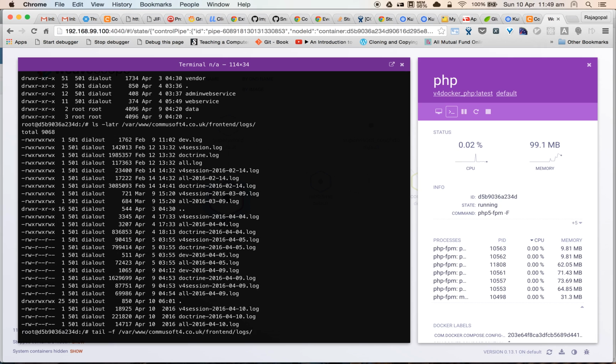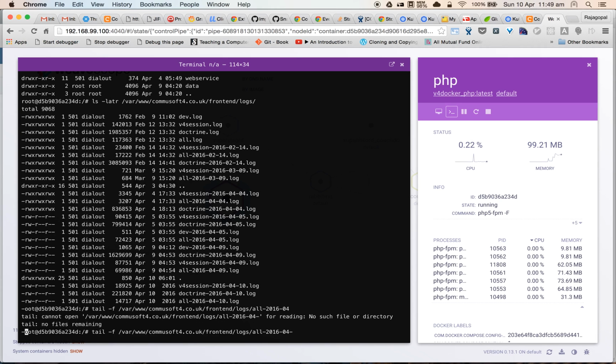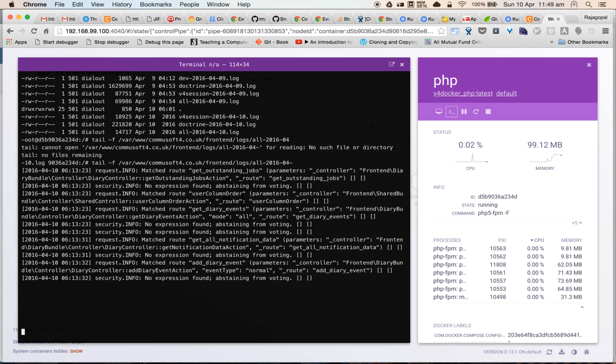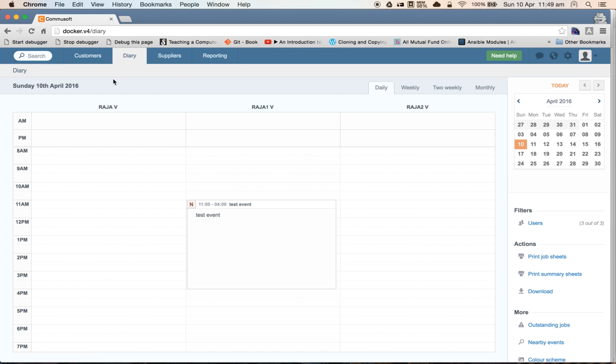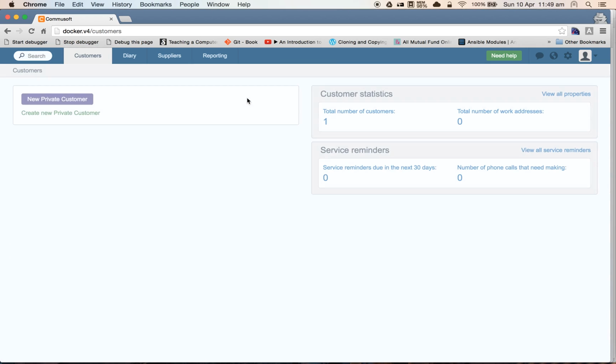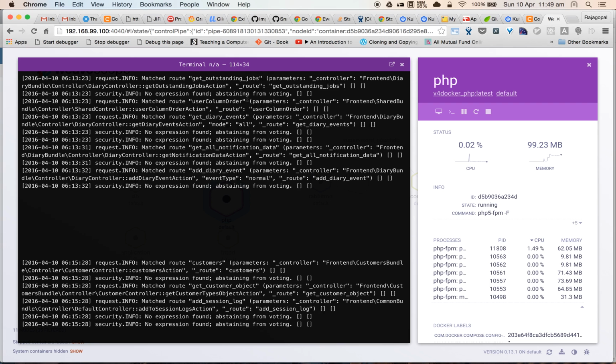everything that we do. For example, just to prove that this is a live application, if I go back to this one and do another page or something here, I should see the logs come back here and add those things. So I went to the customers page, so it showed up. So this is the real app that we are actually showing in here,